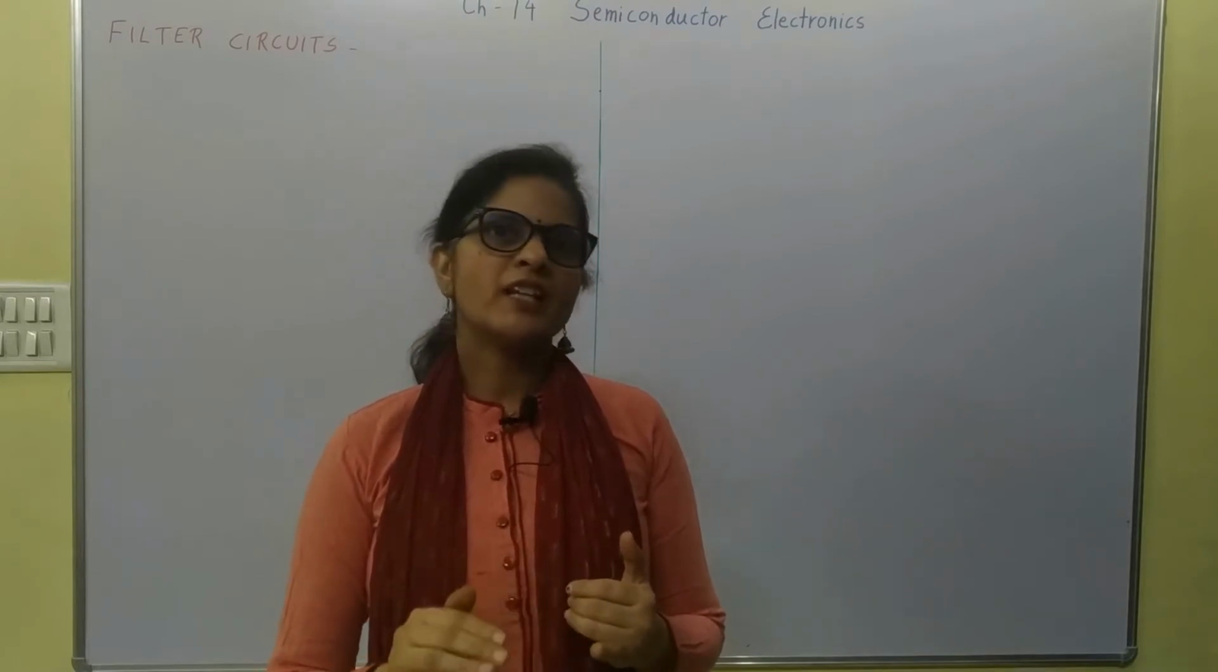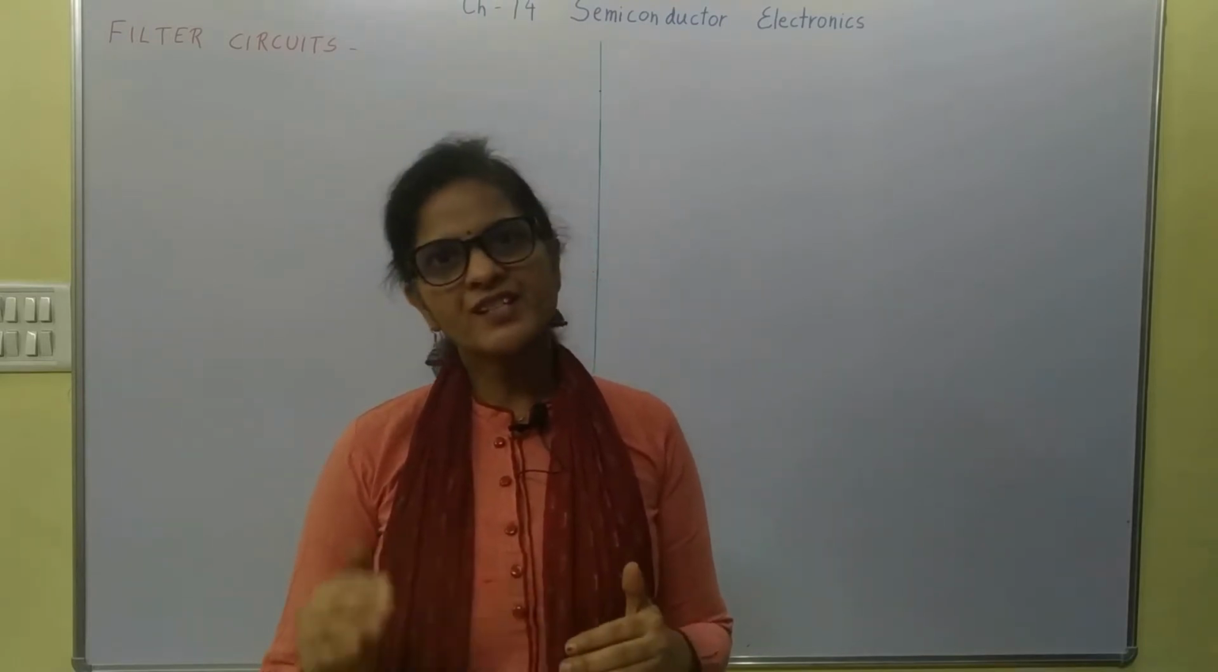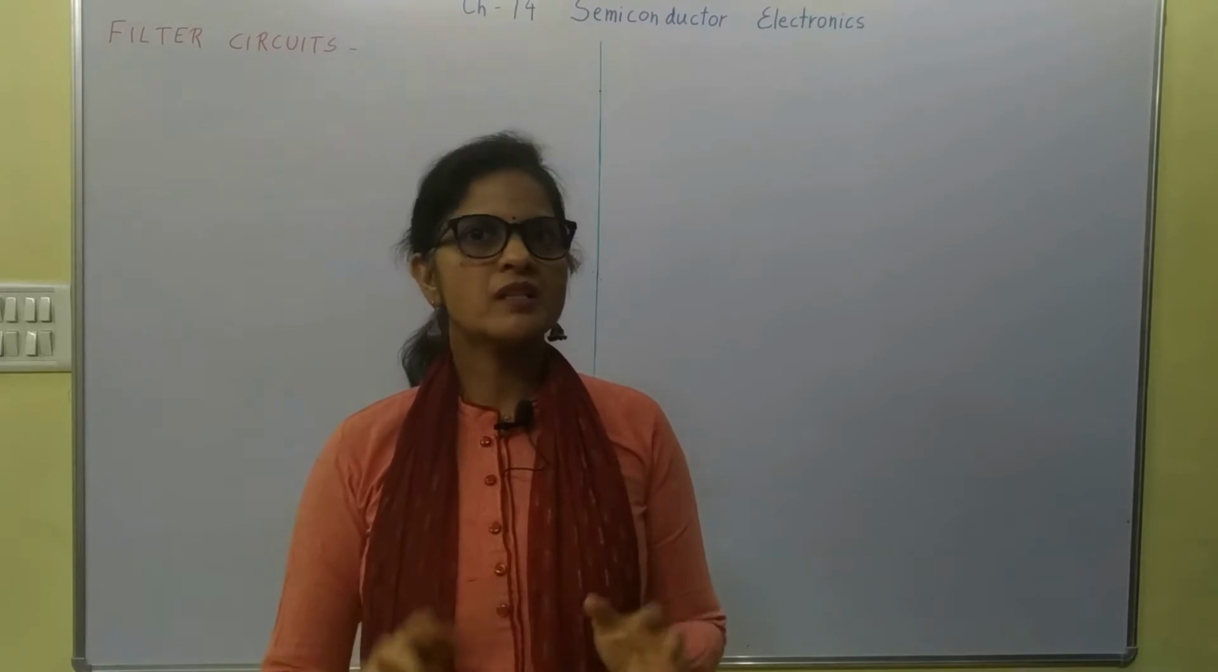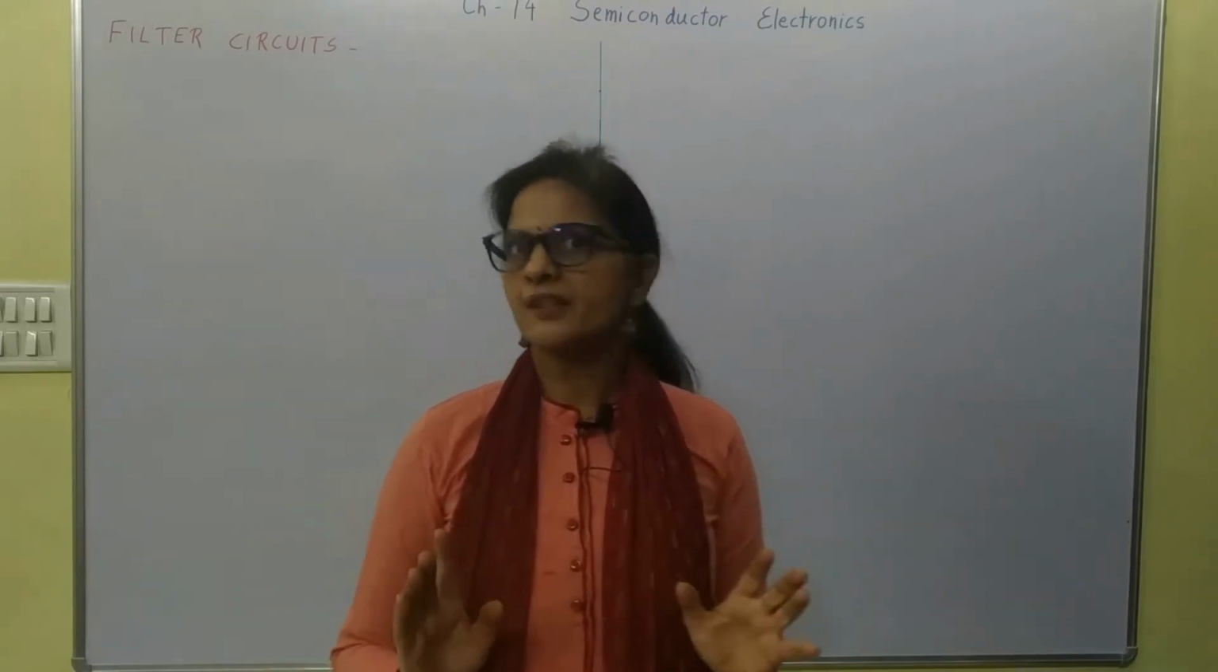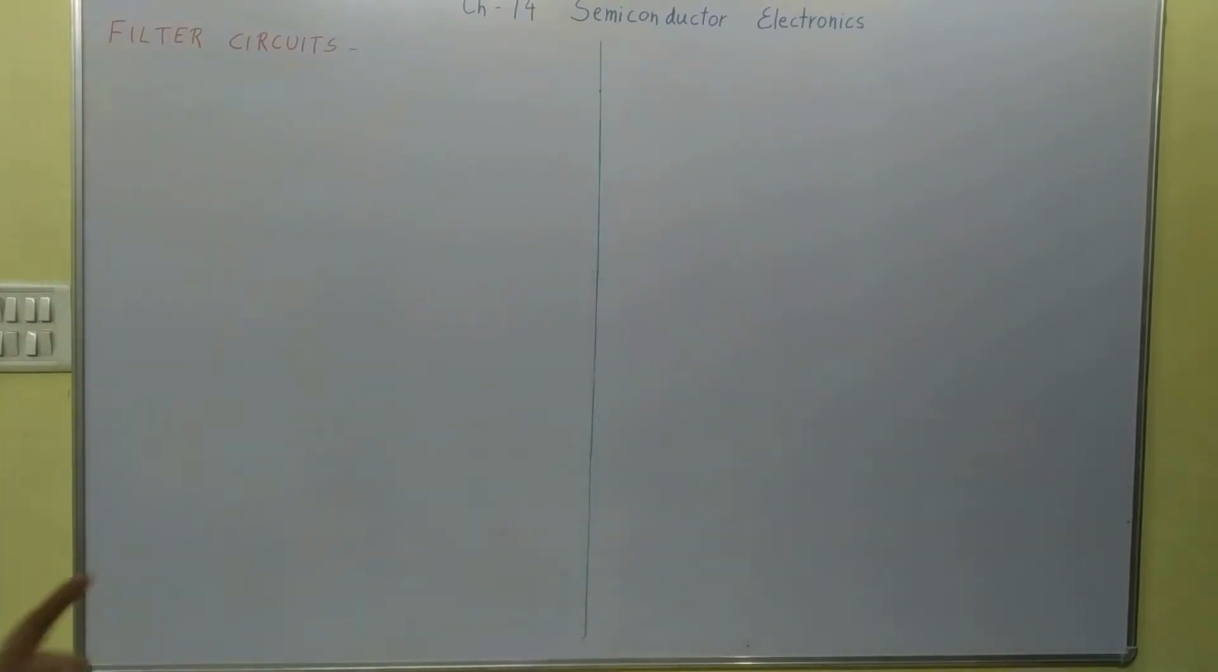Why? Because the value of the unidirectional current increases and decreases. So there are pulses or the ripples of AC which are removed by the filter circuits. So what are filter circuits? Filter circuits